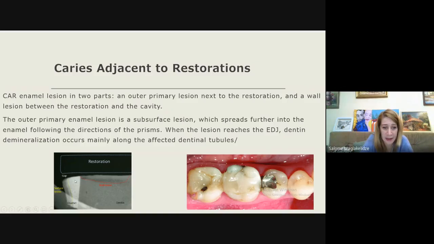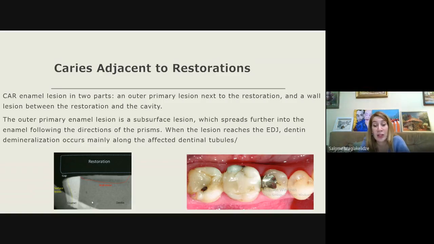This is the enamel, and this is the surface lesion. This is the one part, and this is the restoration, and this is the gap between the restoration and the wall of the tooth, and we will have the second part of the lesion here. So the outer primary enamel lesion is a subsurface lesion, which spreads further into the enamel following the direction of a prism,